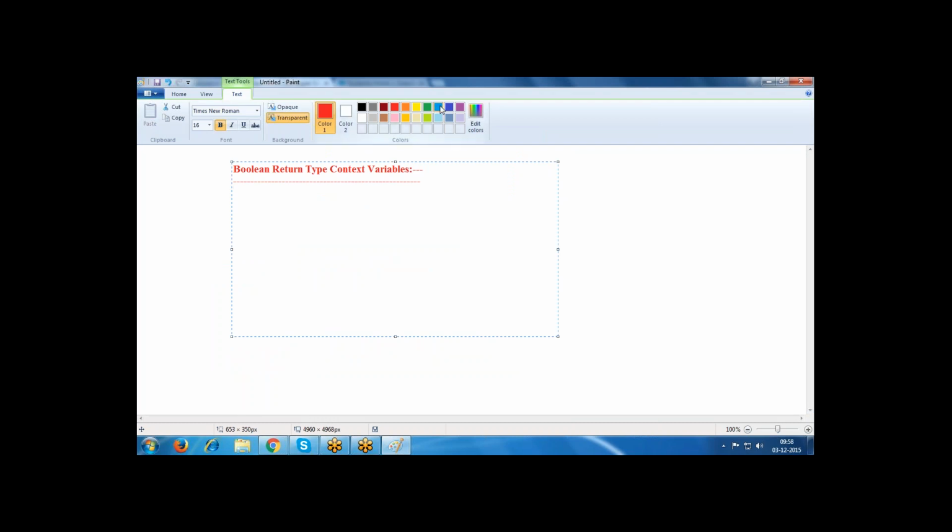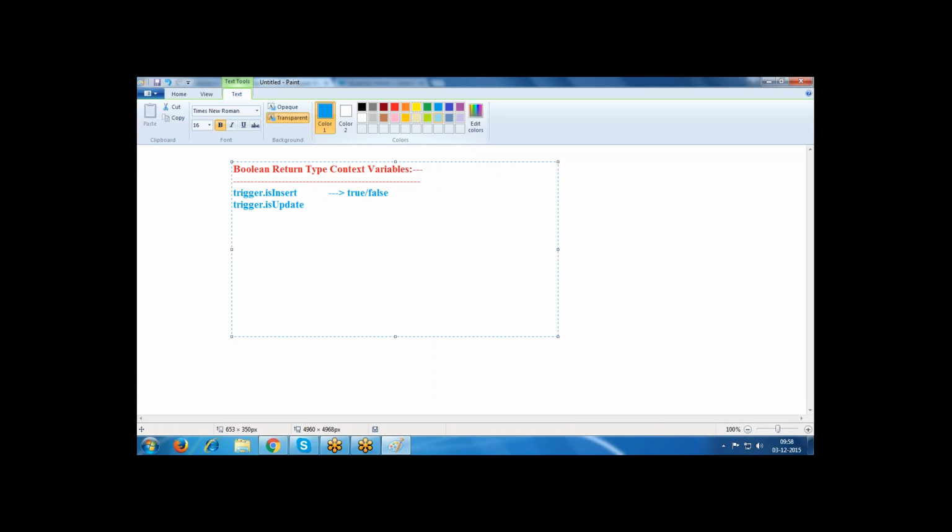So here, trigger dot is insert. If your operation is an insert operation, it returns true, else it returns false. Trigger dot is update.